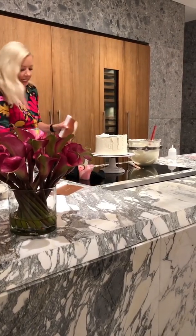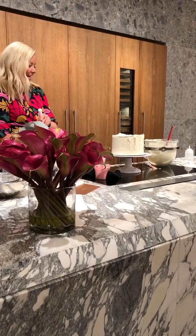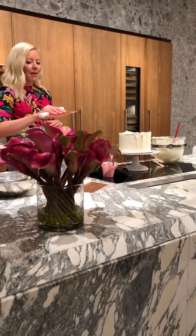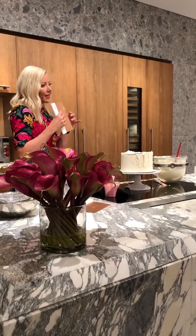One of the biggest mistakes I think we're making when we're using a scraper and trying to get really smooth sides on these cakes is that we're holding this really tight. You hold so much tension. We're gonna just relax. My grip is barely holding onto this. Super, super light. Okay, you can see like